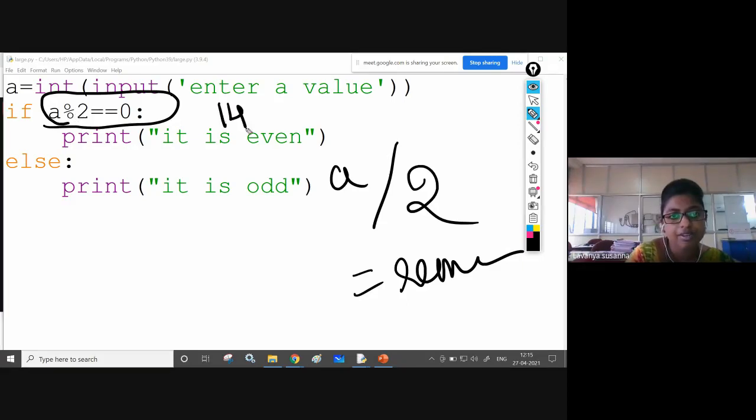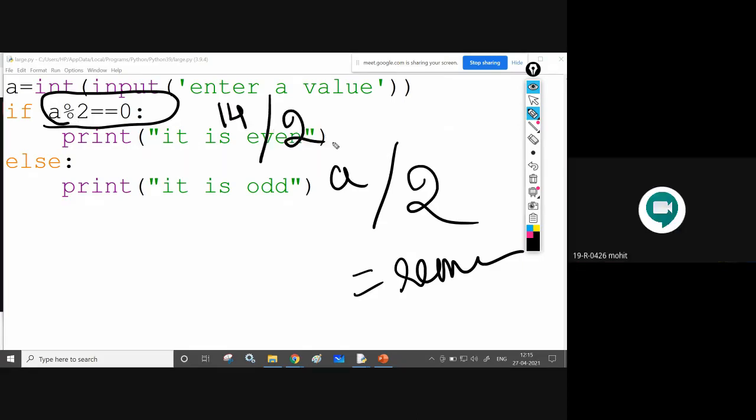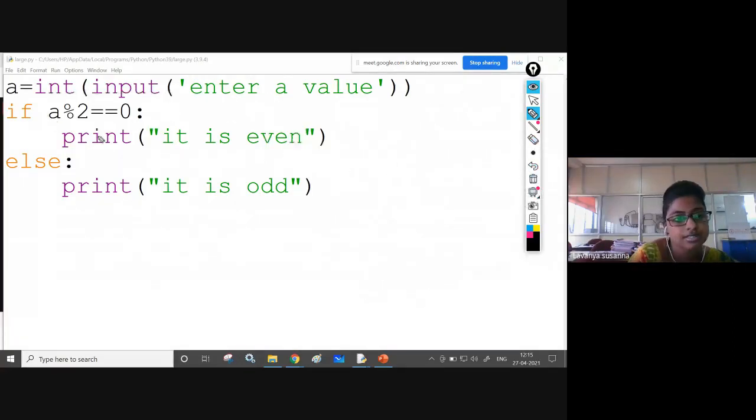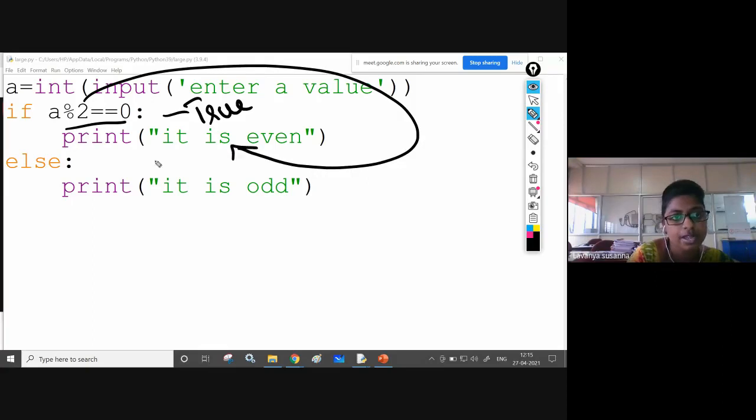For example, when you divide 14 by 2, what is the remainder? 0, right? 0 double equal to 0, this is equality checking. If this condition is true, control comes to the if suite. What is the if suite? Print "it is even". It is even will be printed.